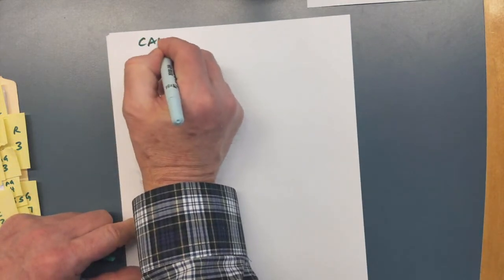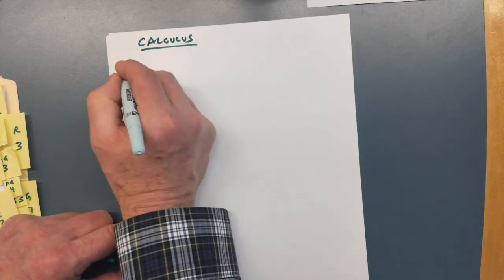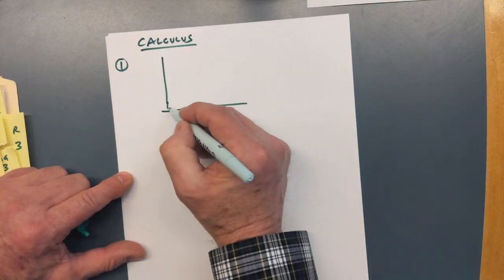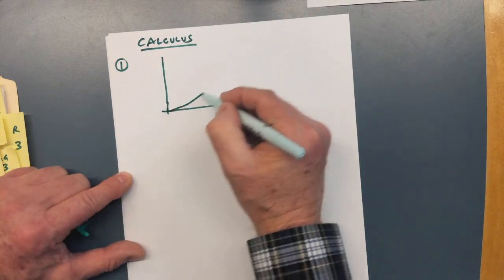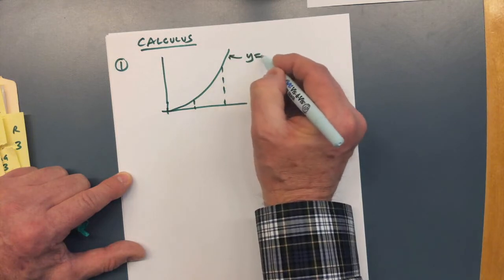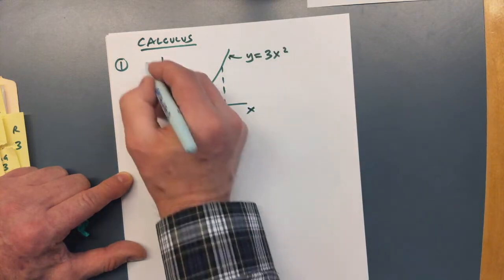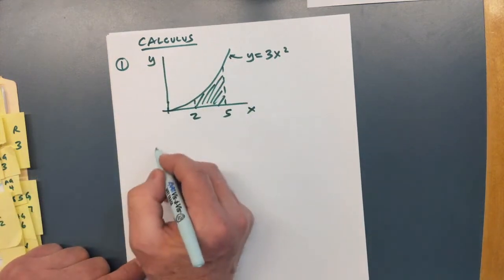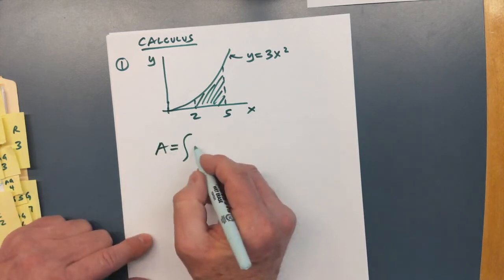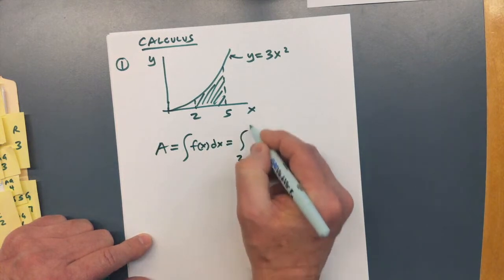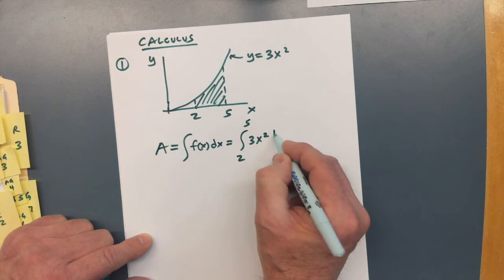All right. Now we'll do some calculus. The first one I have is a typical calculus problem. The curve y equals 3x squared, and we want the area between x = 2 and x = 5. Of course, the integral of f of x dx, which here is the integral from 2 to 5 of 3x squared dx,